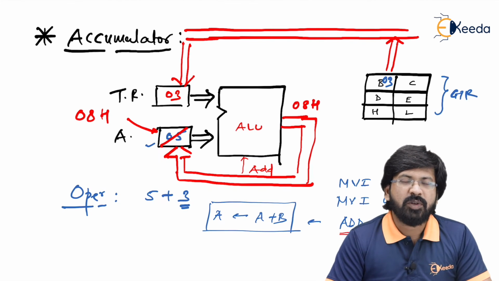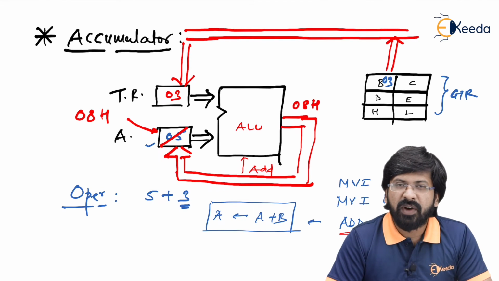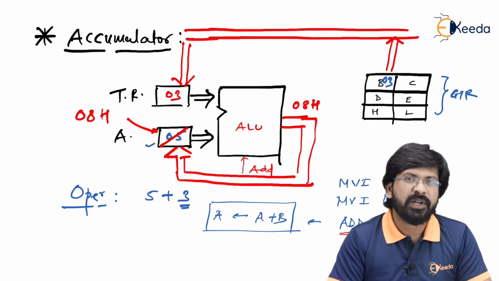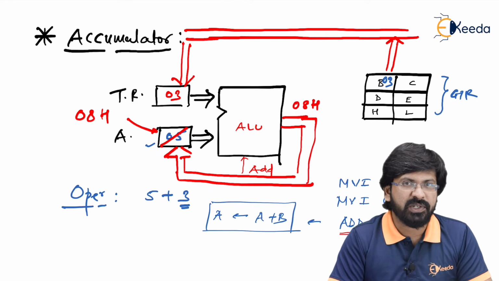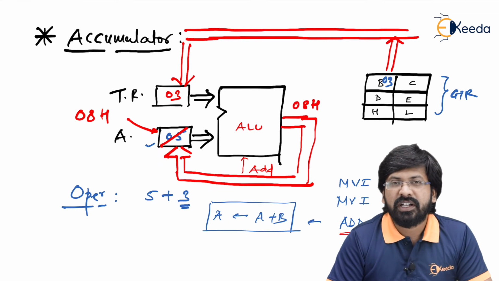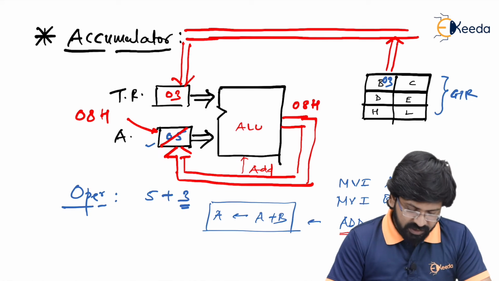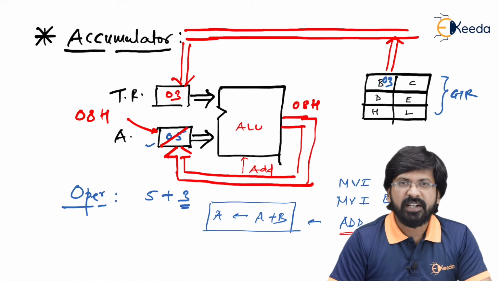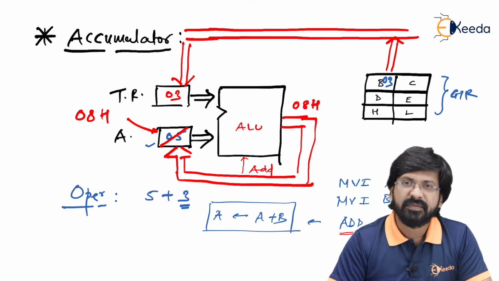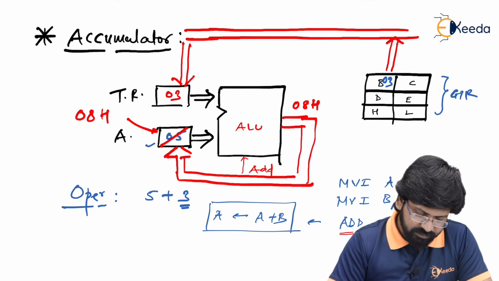So remember, accumulator is a register which holds one of the data before the operation, and once that operation is over, the result automatically comes in accumulator. Operation refers to arithmetic and logical operation. So irrespective of whether it is addition, subtraction, or any logical operation like AND or XOR, one of the data, it is mandatory, should be present in accumulator. So this is how this mechanism really works. I'm sure you must have understood how accumulator works.